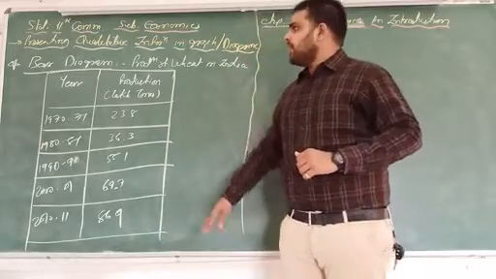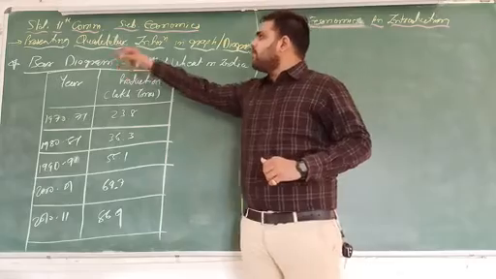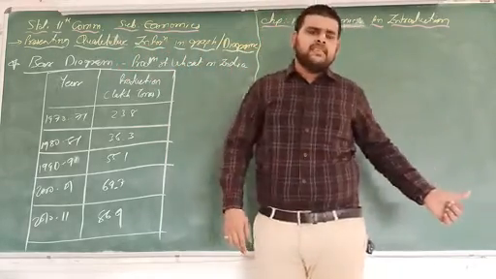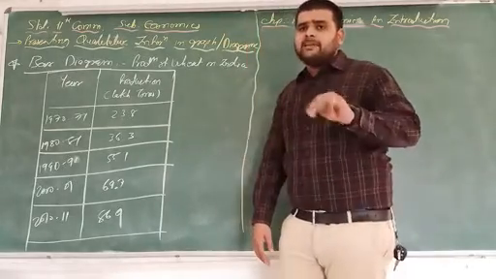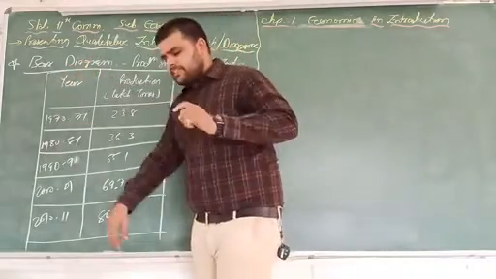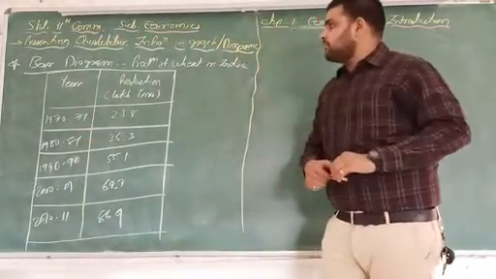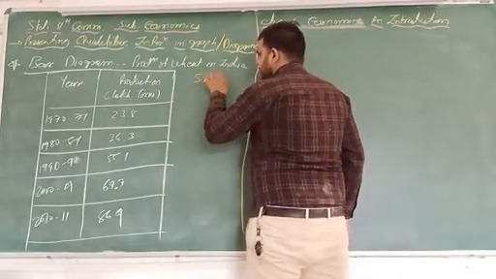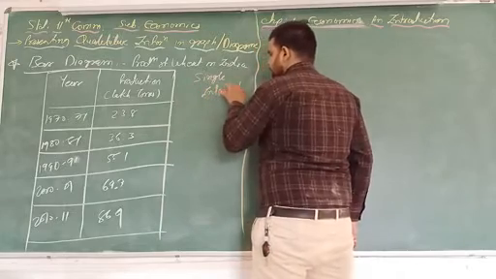Okay, friends. The second topic that we discussed in the last video is presenting quantitative information in graph or diagram. Three types of diagram are there. Number one is the bar diagram. As we discussed earlier, in the bar diagram we show this type of information: single information, a single type of information.